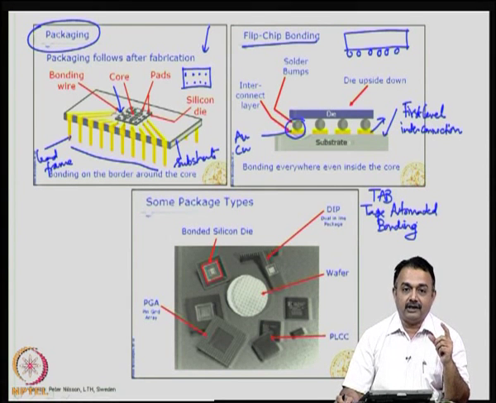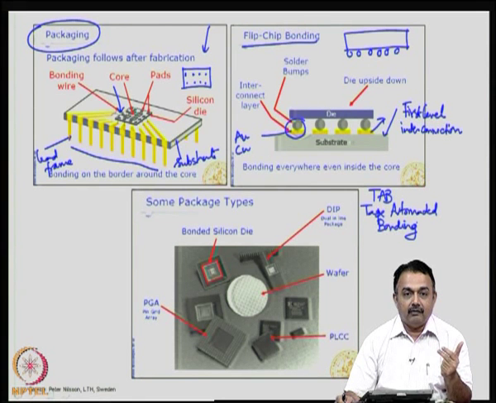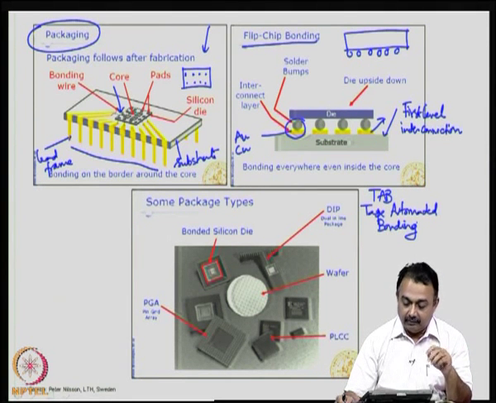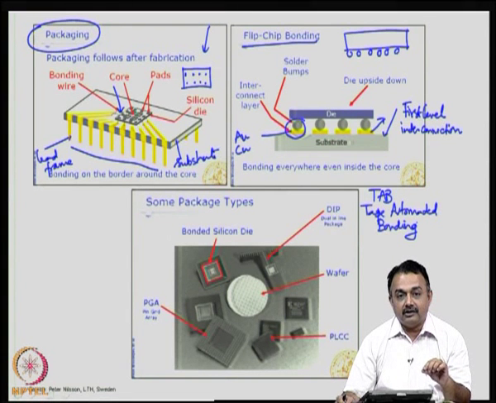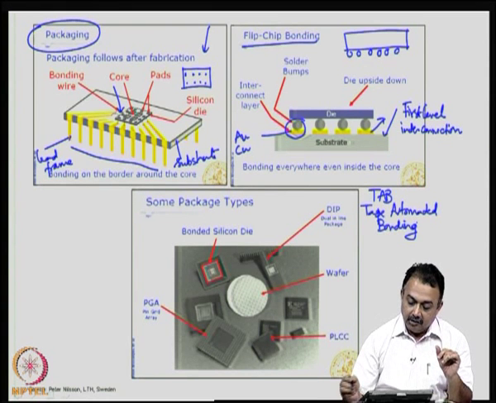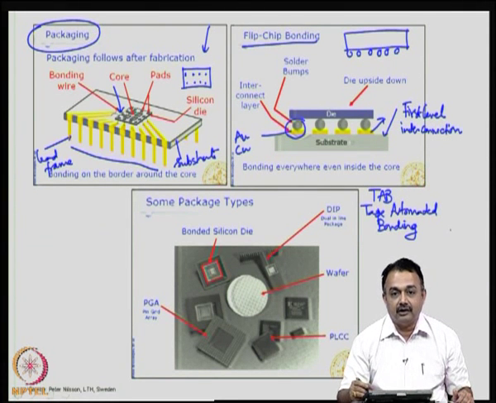So, the first level packaging, if you recall the definition that we have looked at in the first chapter, there are three levels of packaging: first level packaging, second level packaging and the system level, which is the third level packaging. In the first level packaging, studies on these interconnects will be involved, including package material, package type, the densities involved and so on. So, please remember that we are currently going to look into all the three first level interconnection choices.